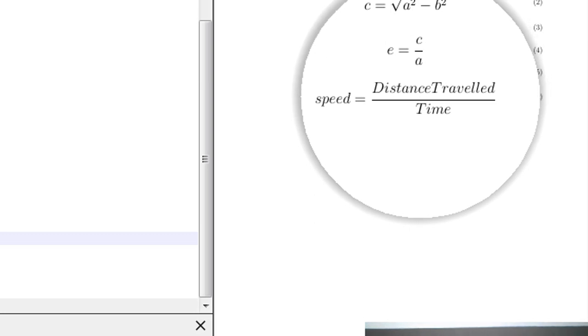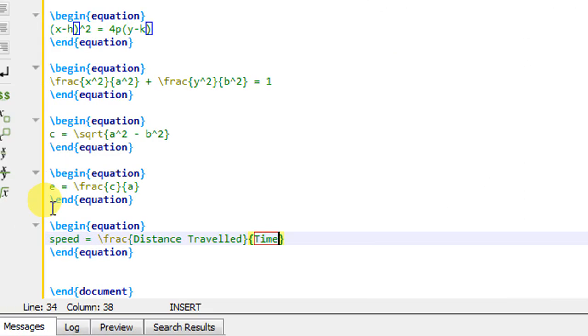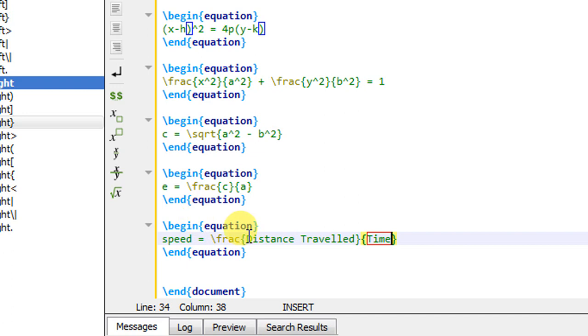So how to implement this equation? If in a mathematical equation you are having some text, in previous cases we are having some variables, we are having the characters, but in this equation you are having the text. So what you have to do here, you have to go and select this, and you have to use the text environment.